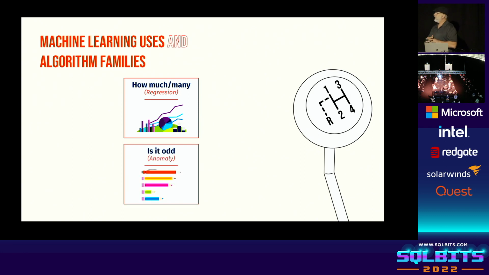The next one is, is it odd? Which is an interesting thing for me to say. If you know me, you'll say, oh yes, it's absolutely odd. I always show people this group of writing implements, and I say, is that group of writing implements odd? And they begin to answer me. Well, some of these are colored pencils, so they use wax, not lead. Some of these are mechanical pencils, so you can't sharpen them, you turn them. And I say, is that odd? And they begin to try to figure out, are these odd things?